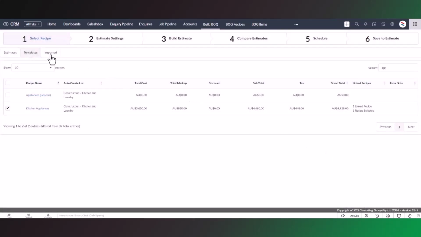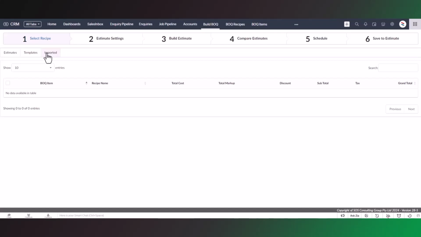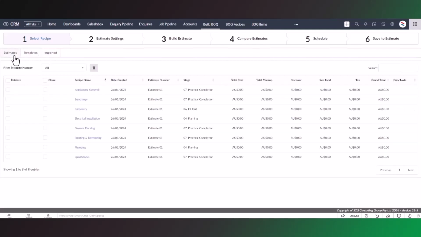If you use takeoff software to build items and quantities, you can import your CSV file into the BOQ items module and then select the items from here. If you're editing an existing estimate and you've already used the clone estimate feature to create comparisons, you can select